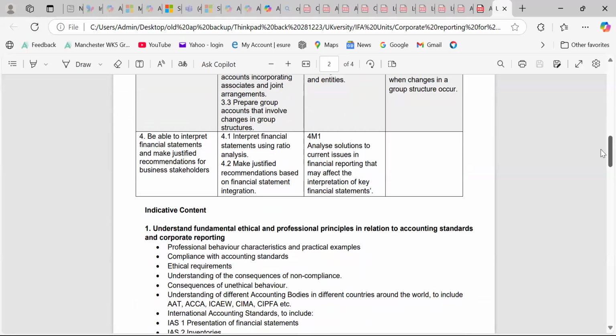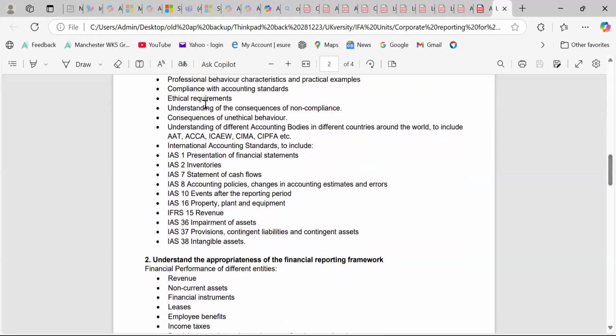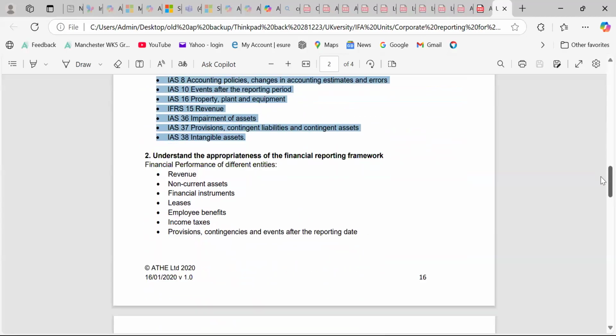Lesson 4 will be about interpreting the financial statements: the financial ratios we'll discuss, and different interpretation. We'll go through the balanced scorecard model as well. Each lesson has been given indicative content, the key points which cover our overall discussion. So please, during the lesson, if you have any question, feel free to ask, so we can do a bit of recap on those as well. Plus, I'll share with you the F7 ACCA booklet, which is quite similar to the course contents.